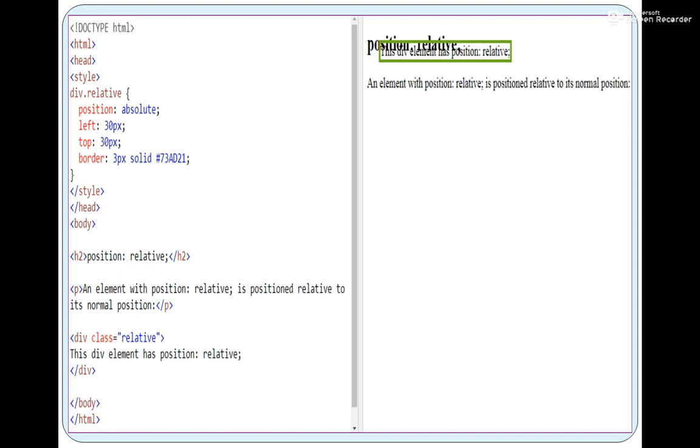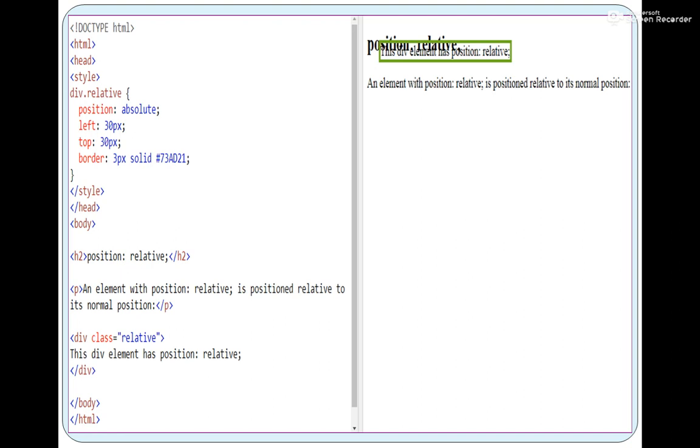Then third we saw absolute, generally not preferred to use, but still you should know it as it is in your syllabus. So you should know its negative points also. There might be some case that you have to use absolute, so you should know how to use it. In what case is absolute used? When you have to place the element exactly at the coordinates given in properties like top, left, right, bottom, right?